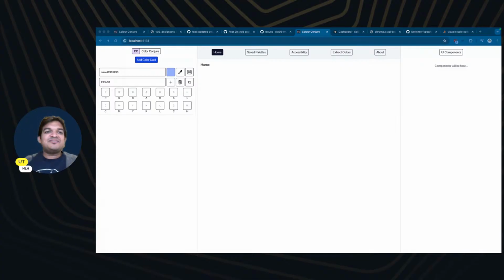So, in the final part, what we are going to focus on is, of course, ensuring that clicking on this plus icon should generate the shades. That's one thing we definitely want to focus on. And also some fake UI components here. That is another thing that we want to focus on. Changing any of these values should technically trigger a change in the others. That's also something that we want to ensure. And